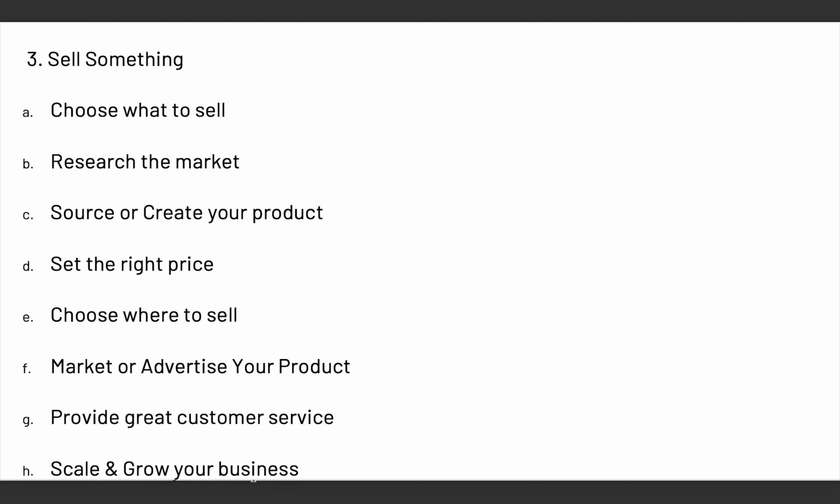And another way to scale and grow your business is to market aggressively. So you can now take out of the profit from your business or from what you are selling and use it to do more marketing and market that product aggressively. And that will even make you make more money. So all of these steps are the steps you can follow to make money by just selling something. Again, I said some minutes ago that the fastest way to ever make money in this world is to sell something. Make sure that you are selling something that is profitable, that is in high demand, and something that you have so much interest in. So that's the third way you can make active income for yourself.